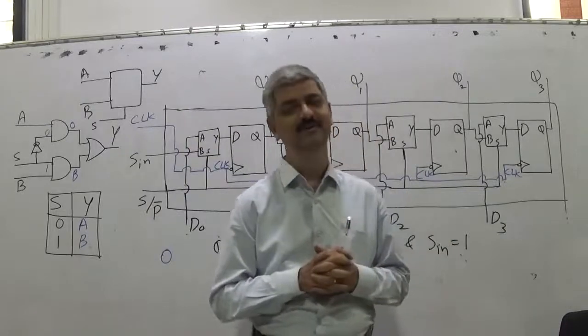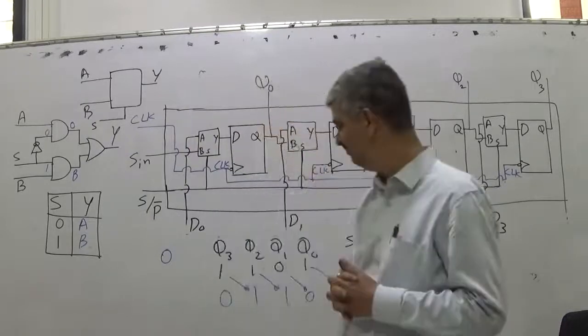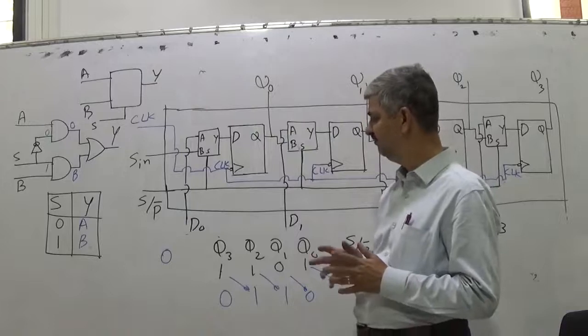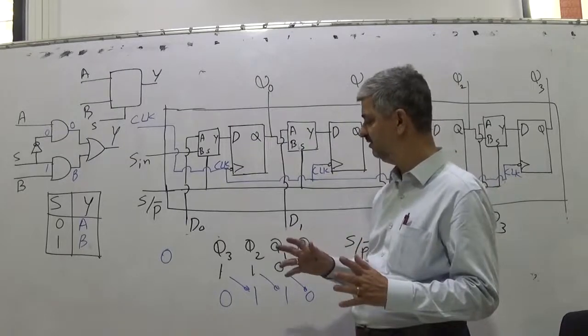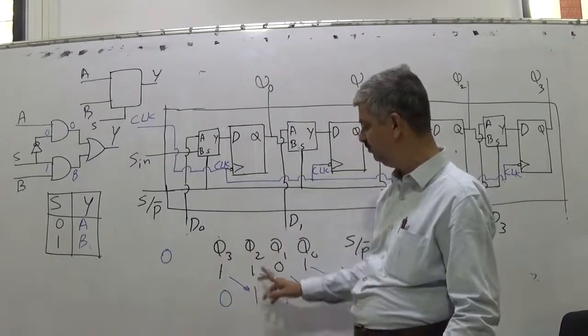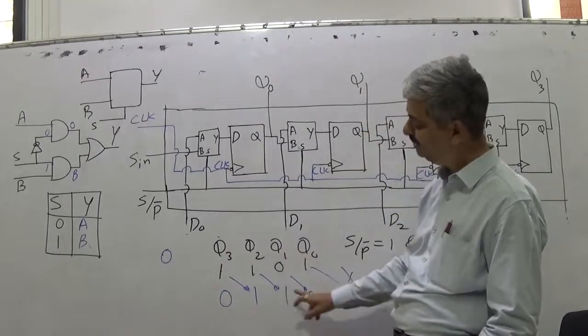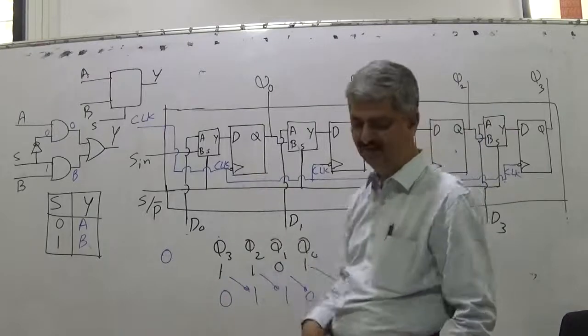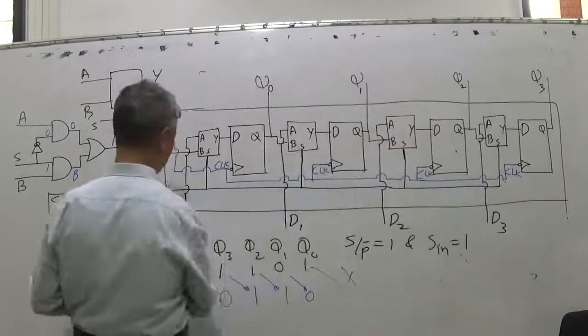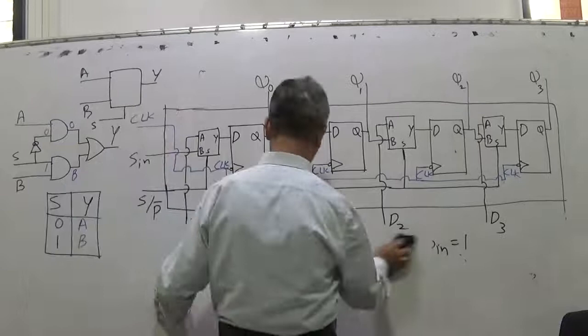Okay. So what we have, I want Q3 to come at Q2, Q2 to come at Q1, Q1 to come at Q0, and a new thing I should be able to add at Q3. It is very simple. So what I will do, I will select